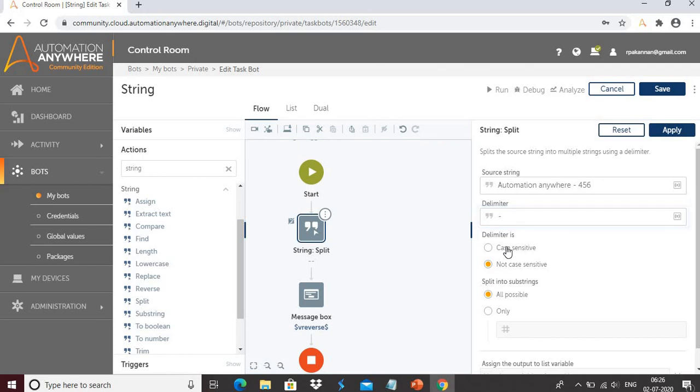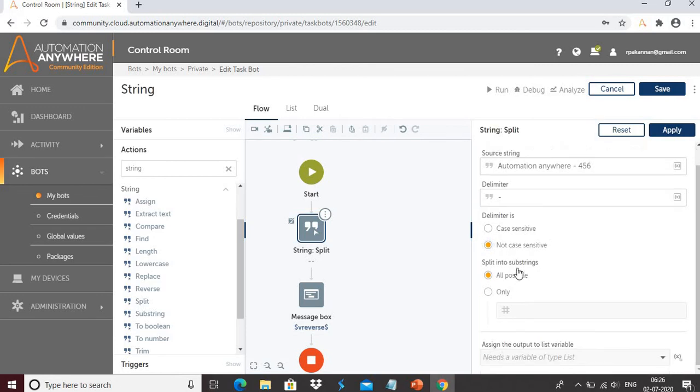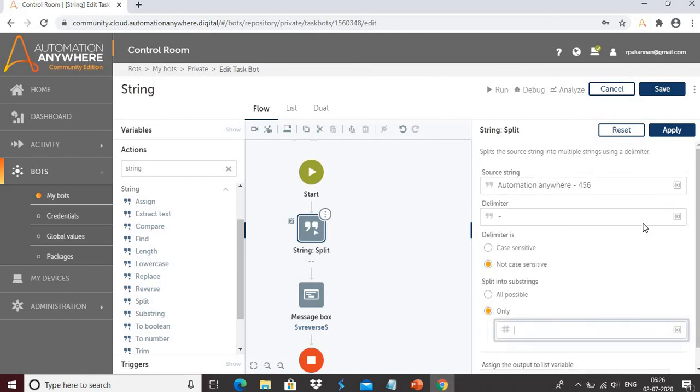And the case sensitive option, whether it matches case or not. Then split into substring. If you want to split into all possible, so if within the source string we have multiple hyphen symbols, you can split all the substrings, or else if you want to split only a limited number such as 2, 3 or 4, the first hyphens.